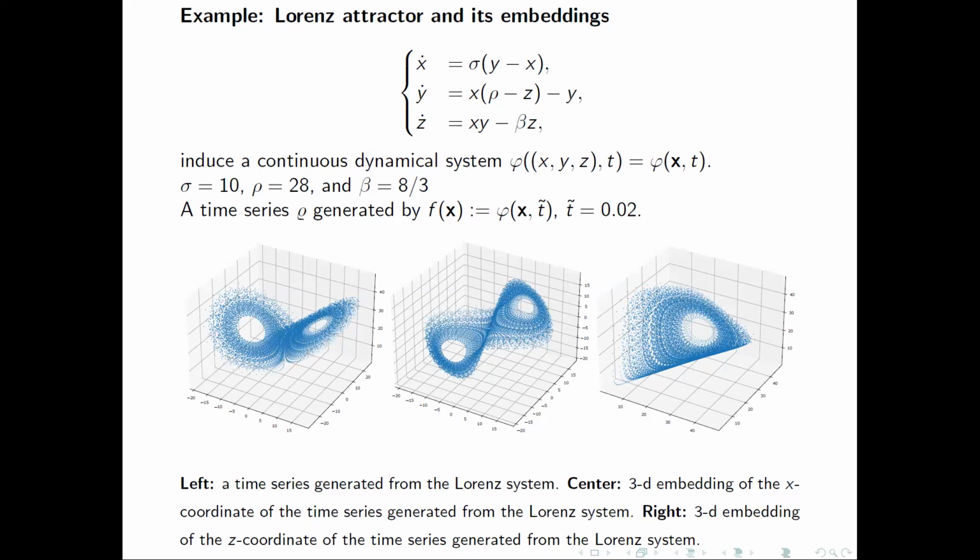And if you do a three-dimensional embedding, that is, you take these time delay vectors, or sliding window embedding, your first point is (x1, x2, x3), then the next point will be (x2, x3, x4), and so on. If you plot these three-dimensional vectors obtained just from values of the x coordinate, you get such a picture that looks similar. And there is Takens' theorem, originally formulated in 1981, and then there are some other versions of it,